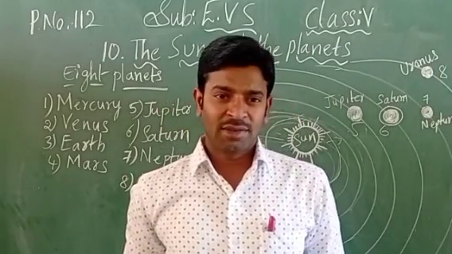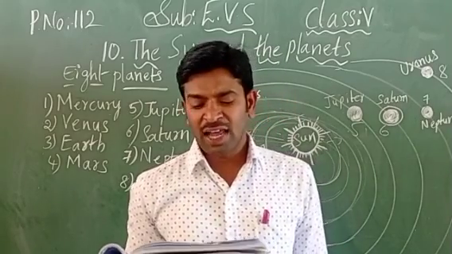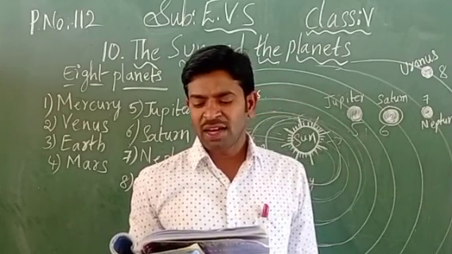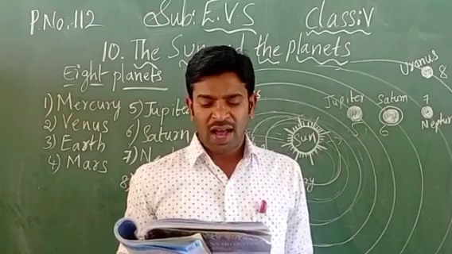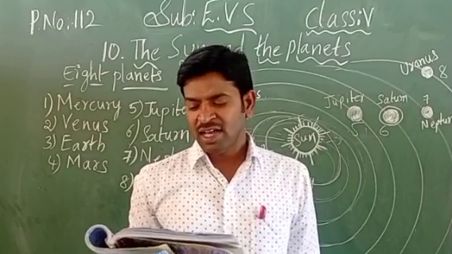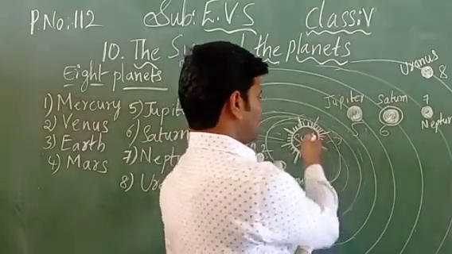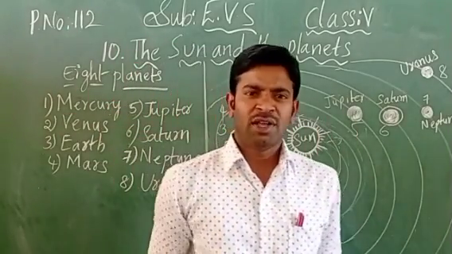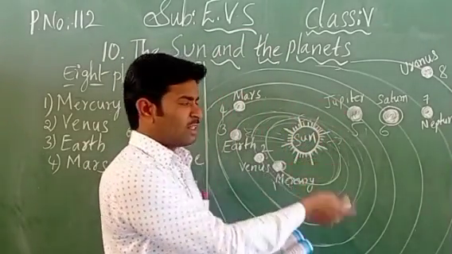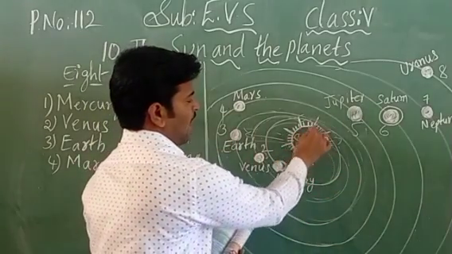Do like this. See the box, children. Write the word the sun on one card and write the names of the 8 planets on 8 other cards. Next one. Place the cards on the table with their names facing down and ask your friend to pick up one card each. Observe the pictures and arrange the cards that contain the names of the sun and the planets in their right order. See children, just take a round card. You can also prepare the cards with paper. Keep them facing down. Then tell your friends to pick one card. Then afterwards arrange all the planets in this way.